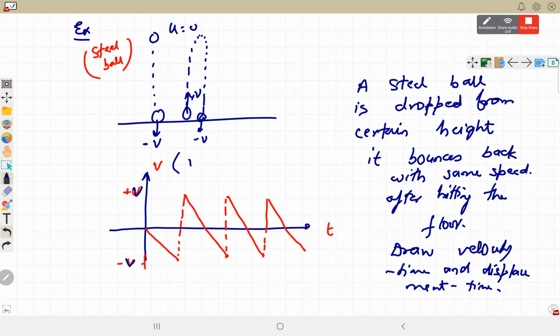So velocity time graph तो हमने बना लिया है. Initially velocity was 0. Time के साथ velocity negative है. ये NCERT में questions हैं. These are very relevant even for your school exams. Bounce होने पे same speed होती है, so it is jumping from minus v to plus v.